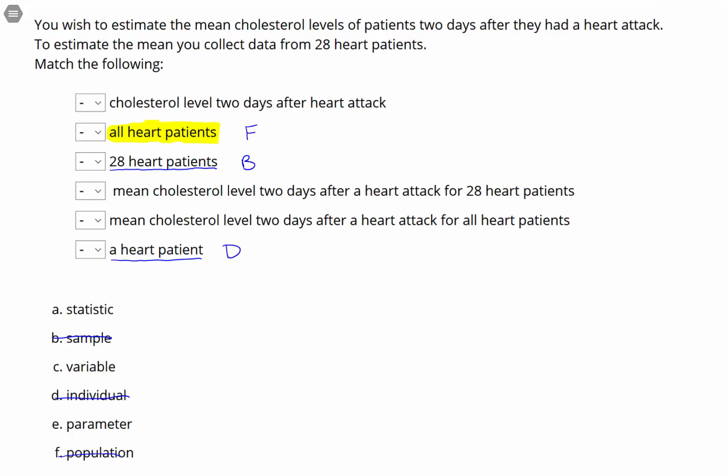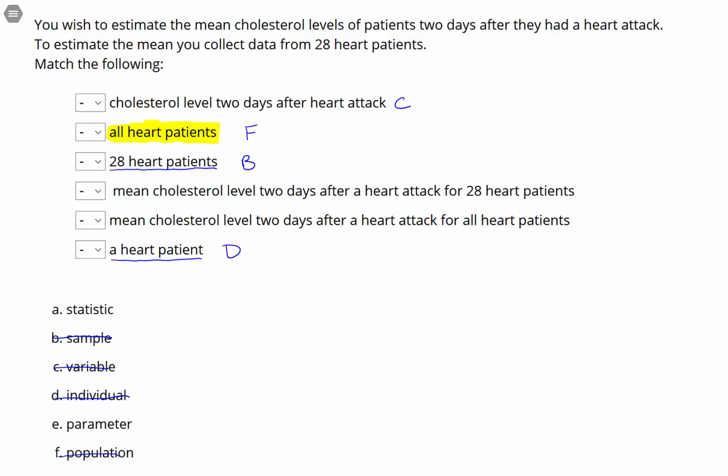Okay, then the item that we're studying, that's what's known as the variable in the study. So what it is we're actually studying. So if we go through here and note the very first one, it says cholesterol level 2 days after a heart attack. We're trying to determine what happens to someone's cholesterol level 2 days after a heart attack. So that's the variable that's being studied. So that is C, this first one here,